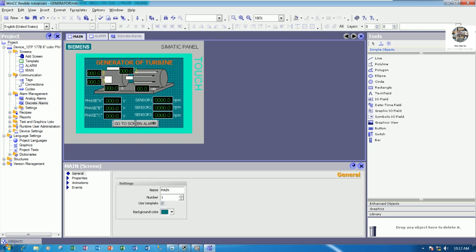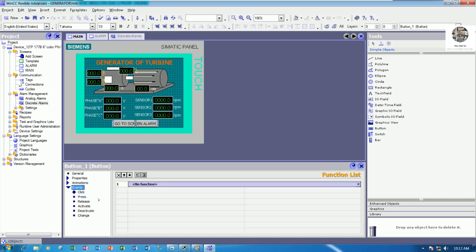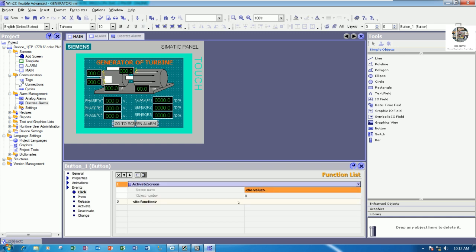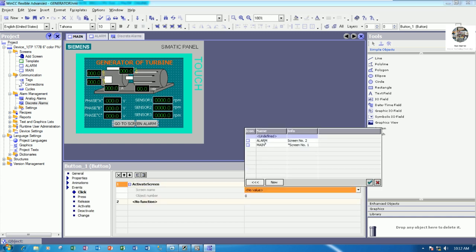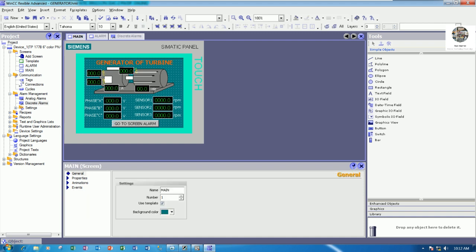Okay, like this, and then I will go to event and then go to click and choose the activate screen. Yes, here, and choose the screen name for main screen or alarm screen. Okay, so I will choose the alarm screen. Yes, screen number 2,